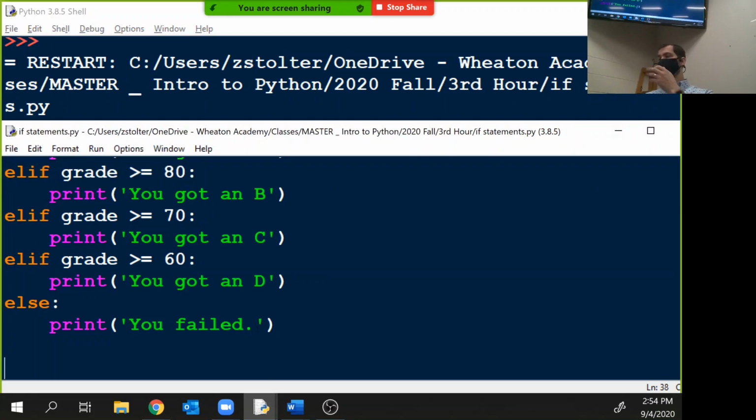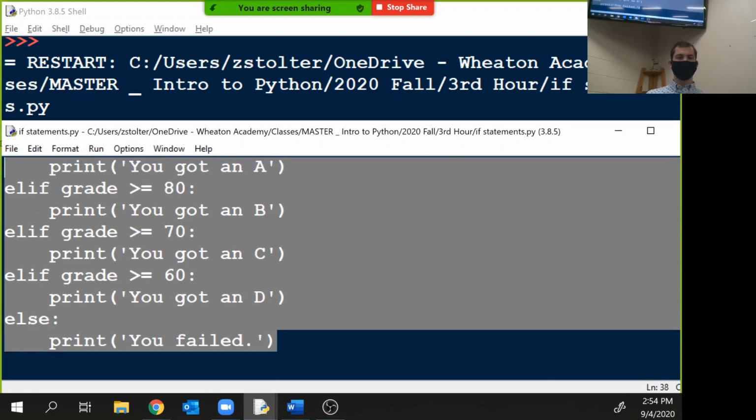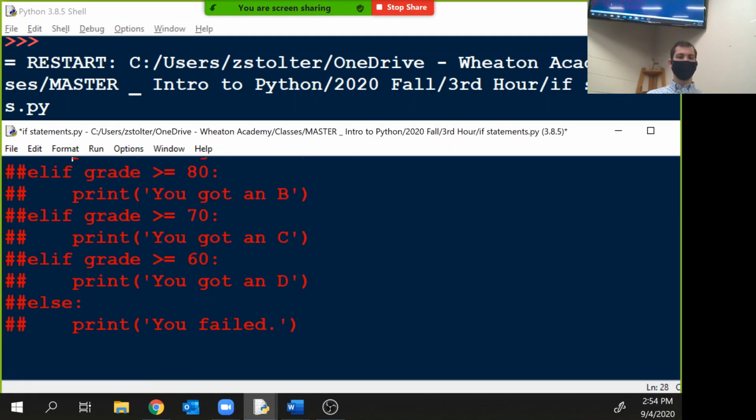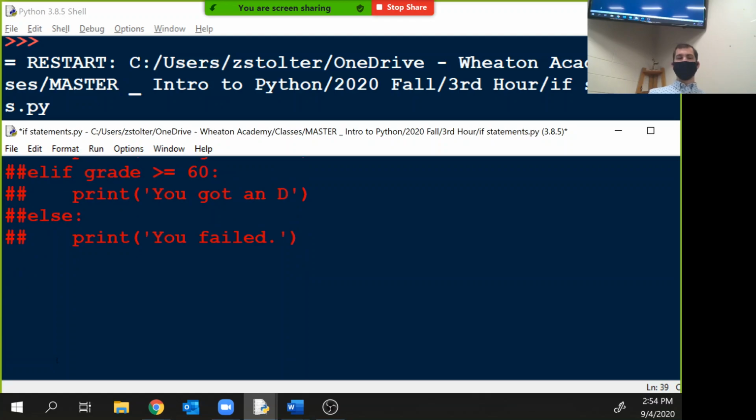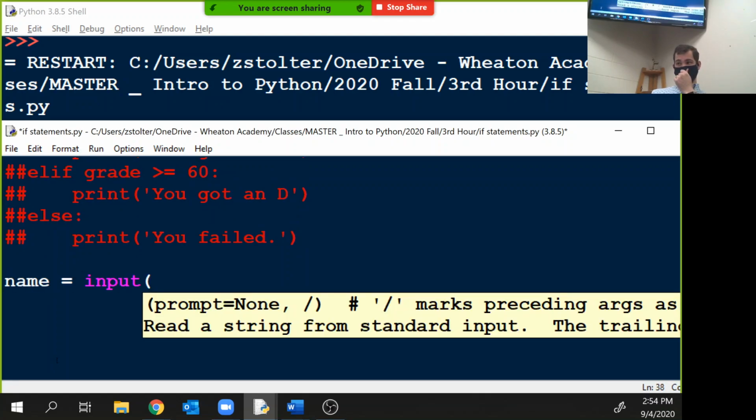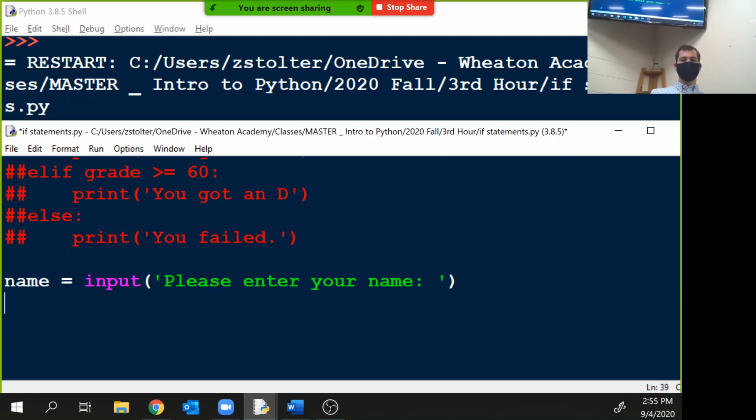All right, real quick. So I got 5 minutes, and this is the last thing. I got to this in the other class, and I want to get to it here. So you can do this with inputs. So this is exactly how you log into a website. So we're going to do name is input. Please enter your name. Who wants to be our guinea pig? Me. All right. If name equal